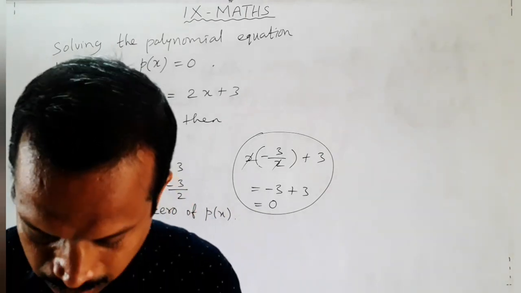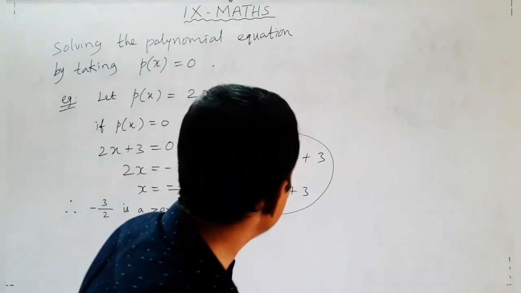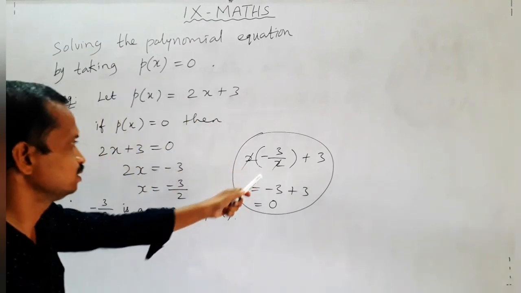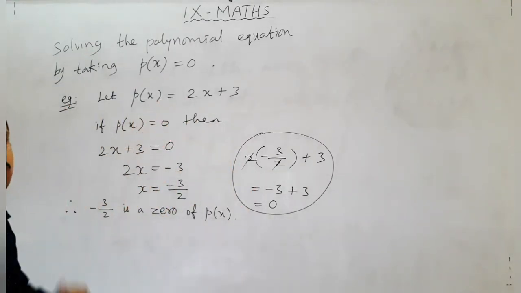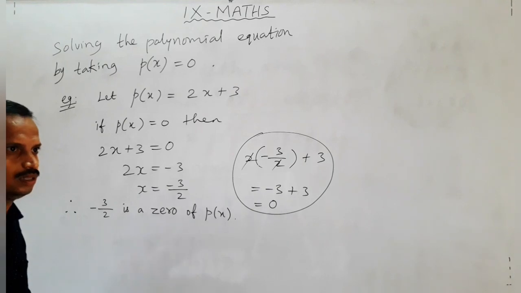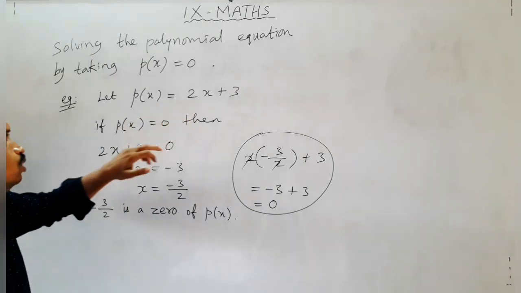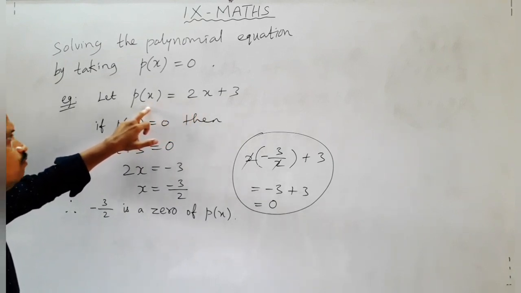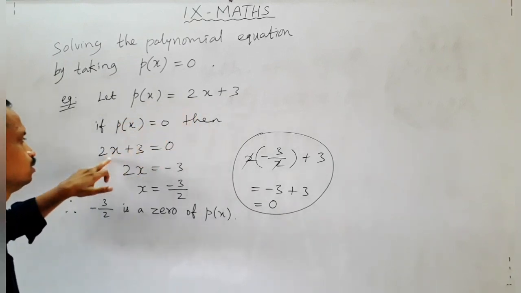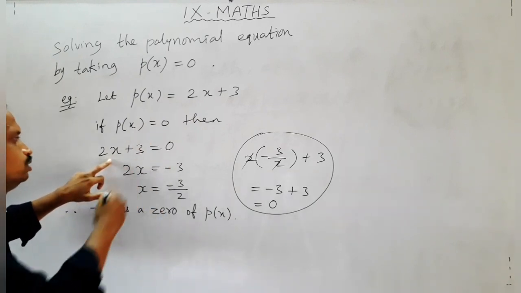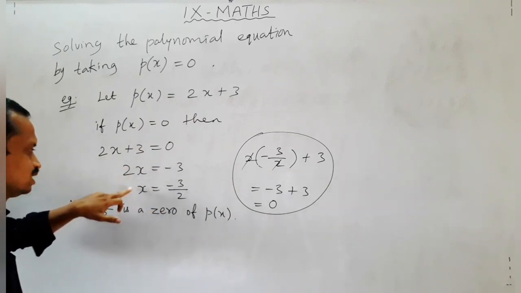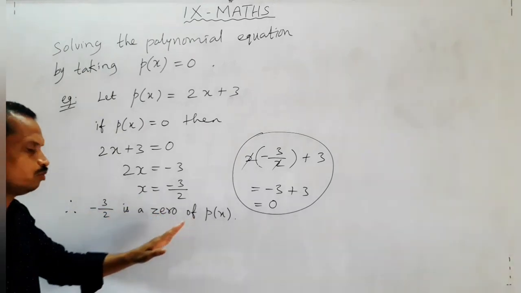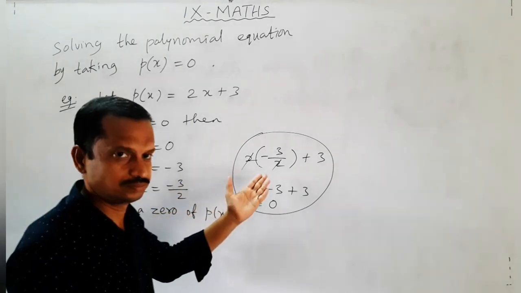Okay, trial and error is there, if the polynomial is very simple. This is for understanding only, no need to take this. So how to find the 0 of the polynomial? Directly by equating the polynomial to 0. When you put p of x equal to 0, whatever is on the right hand side, 2x plus 3, you will equate to 0, and you try to find the x. So x we get minus 3 by 2. So minus 3 by 2 is a 0 of p of x, and I have explained how it is.